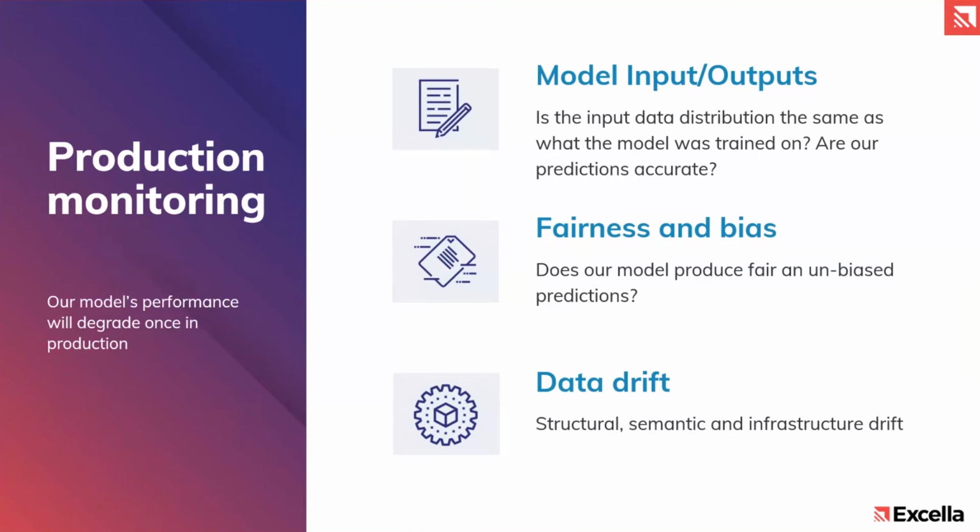And there are different kinds of data drift. There are structural and semantic and also infrastructure drift. But the thing to think about here is that a model is only relevant based on the data it's been trained on. And if the data has changed for any kind of reason, which it does in real life, we also have to make sure our model is retrained and repurposed. Just like us human beings, we learn to adjust our assumptions and we learn to adjust our decisions based on a changing environment, we also need to have that retraining phase of a machine learning model